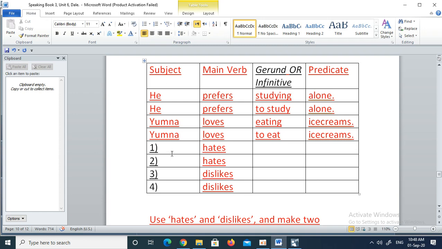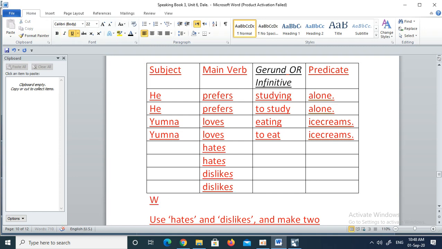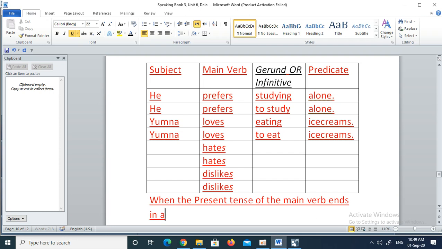Right. You should have all done those 4 sentences. Before we start giving examples, please note that that ends in an S, that ends in an S, that ends in an S, and that ends in an S. So when the present tense of the main verb ends in an S, the